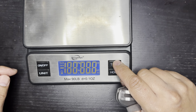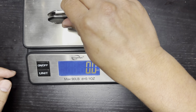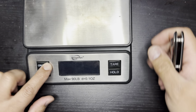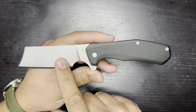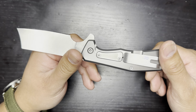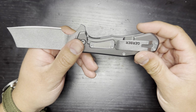I'll go ahead and grab a weight on this guy. Make sure we're zeroed, and 4.5 ounces. So not a lightweight, but also not a super tank either. And okay, so some of the materials, we've got 7CR on the blade. We've got steel frame lock, so steel on both sides. It does have an over travel stop here. And we have